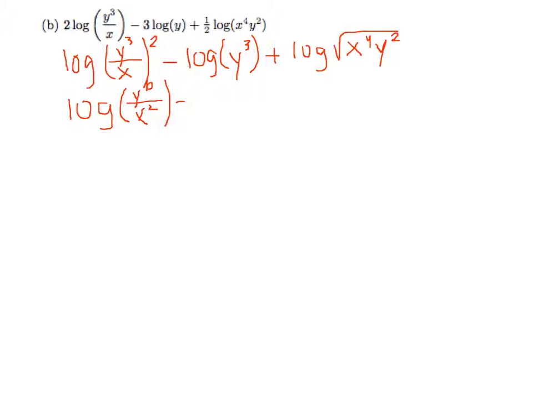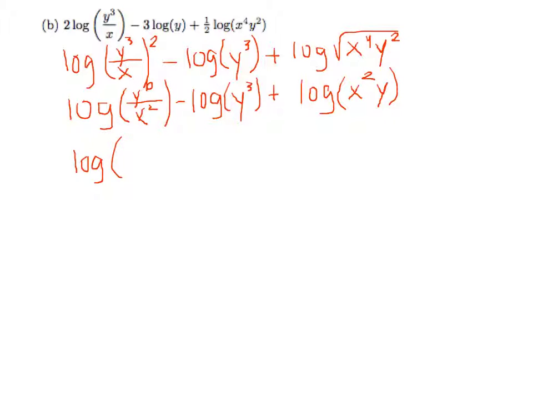minus log of y cubed is the same, plus log of the square root of x to the 4th y squared is just x squared y. And we have our first term is positive and our last term is positive, so those are adding together, so we can group those together by multiplication. So we have log of y to the 6th over x squared times x squared y